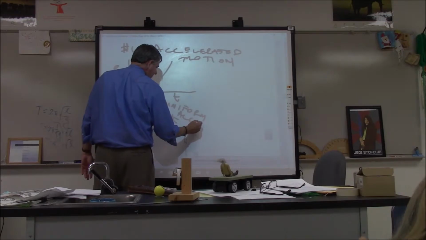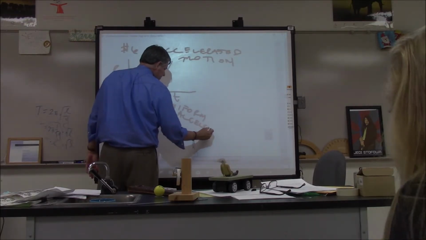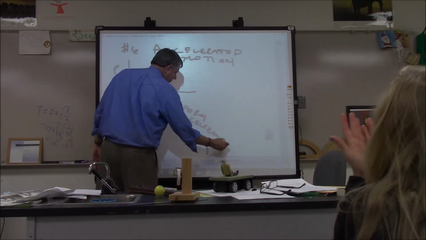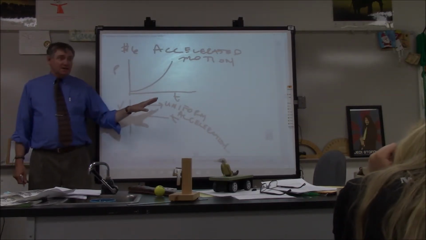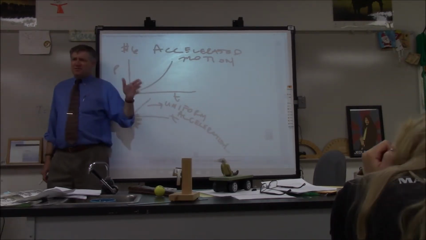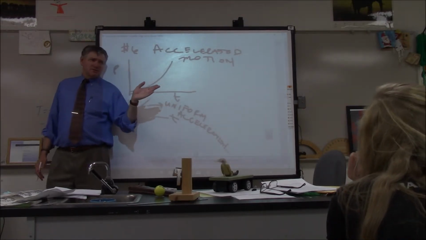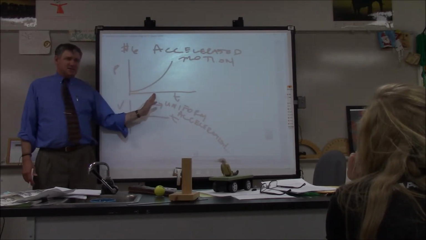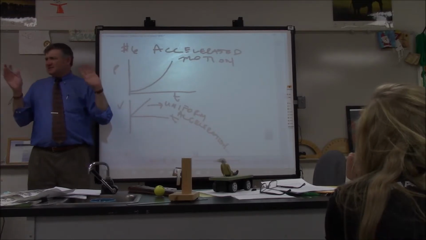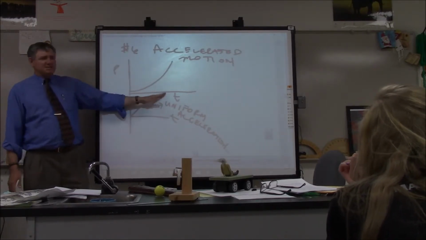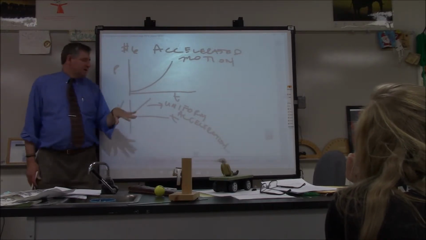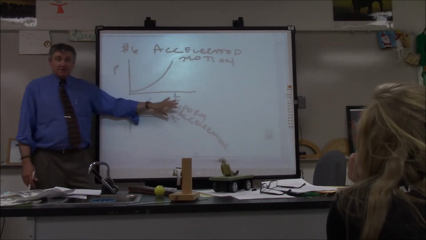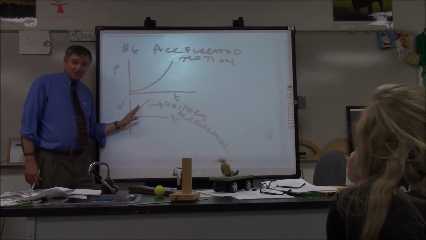acceleration. Now, the beauty of this is the only type of acceleration you all will have to worry about is uniform acceleration, which means it's a straight sloping line. This, in reality, is tough to do. Your cars never exhibit uniform acceleration, meaning the velocity changes the same amount each time. But it's a nice model, because otherwise this gets curvy and real ugly. So anytime you're talking about acceleration, we're going to call that uniform acceleration.